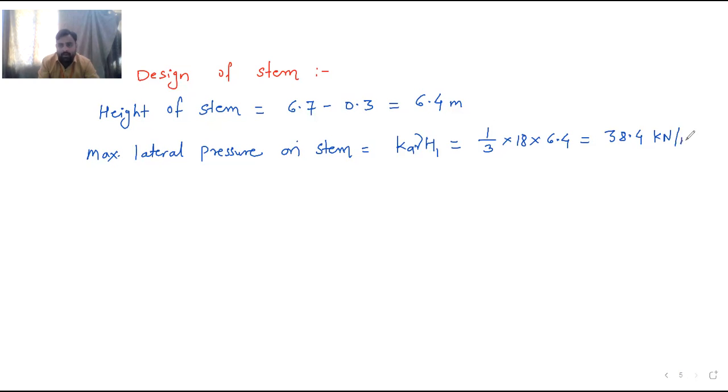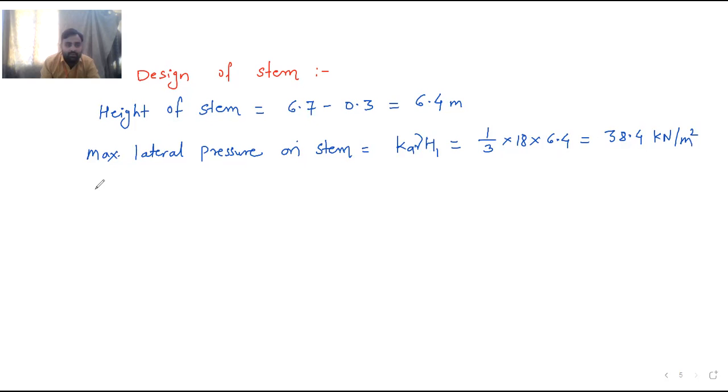So it is 38.4 kilonewton per meter. Okay. Why is it in kilonewton per meter? Because the other dimension we have considered as 1. If you multiply this quantity by 1, then you will get it in kilonewton per meter. Or rather you can write here kilonewton per meter square also. There is no problem because this 18 is in kilonewton per meter cube and this is in meter, so you will get kilonewton per meter square. But we have assumed that 1 meter length be considered. So when you multiply this by 1, the value will remain as it is, but the unit will become kilonewton per meter. So that point you should remember.